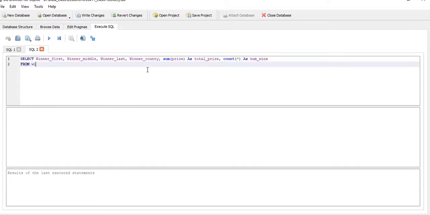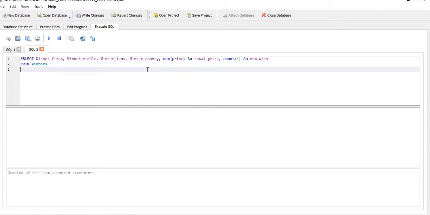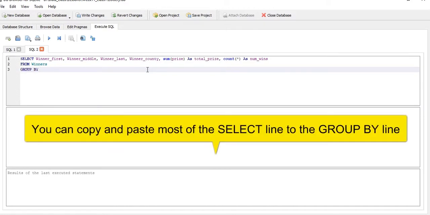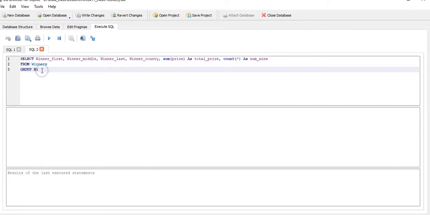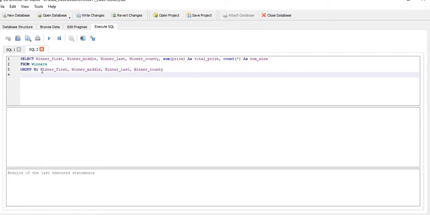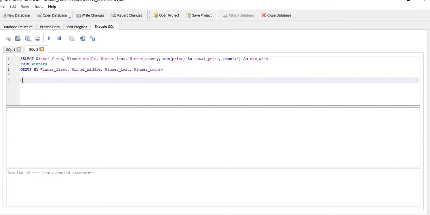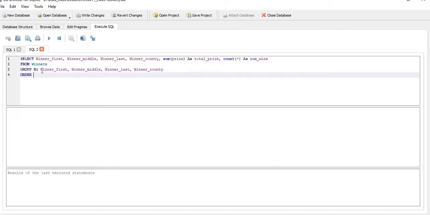From our table name, which was winners. And because we have all those fields in our select line, we also need them in our group by line. So group by, and I'm going to be lazy and just copy them. Copy and paste. And let's order by, we could order by the total prize. That could be interesting. Or we could order by the number of wins. Let's do the number of wins. So order by 6